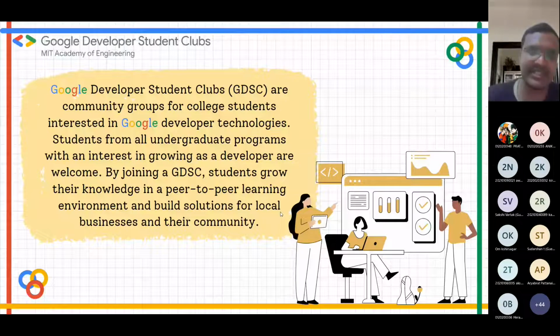So first we will see GDSC. GDSC is a global community. You can see GDSC everywhere, in India, in America, the USA, in every country you can find GDSC. There is one website, gdsc.community.dev. If you go on that website, you can see all the events and all the chapters run by GDSC. GDSC is mainly focused on undergraduate programs.